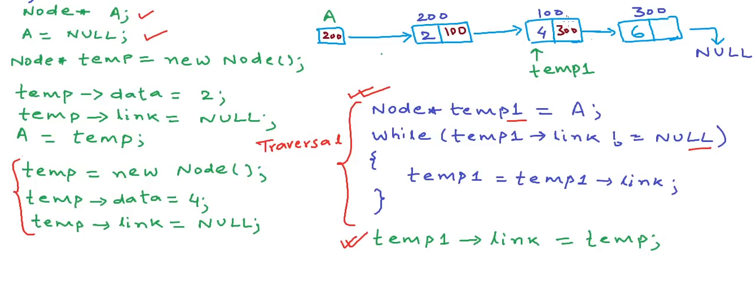node at address 100. To insert a node at the end, there is one logic in these 4 lines if the list is empty, and there is another logic in these remaining lines if the list is not empty. Ideally, we will be writing all this logic in a function. We will do that in our coming lessons. We will implement separate methods to print all the nodes in a linked list, and to insert a node at the end, we will implement a separate method to insert a node at the beginning of the list and at a particular position in the list.